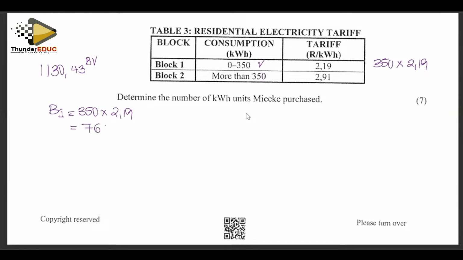So he could have paid 766 rand for block 1 only. But now he used more than this, which means he went to block number 2. What are you going to do? You take the money that he paid minus the amount for block number 1, and whatever remains came from block number 2. We subtract that and remain with